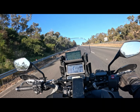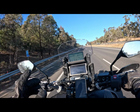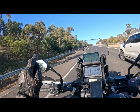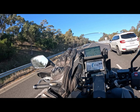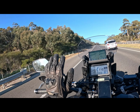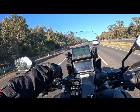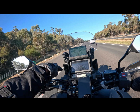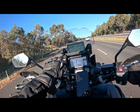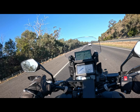So is the Africa Twin good on a highway? I think it is. In terms of the wind to the side, it is still between the mirror and the windscreen where you get the most of it, and it's not down low, it's at about this level here. You can buy wind deflectors that go on there. They're quite expensive if you get the OEM ones, but there are some aftermarket ones on eBay, etc. Apparently that deflects the wind around behind the mirror, and then you don't even get